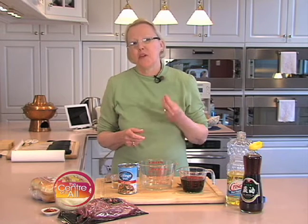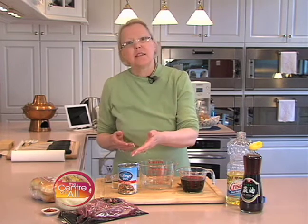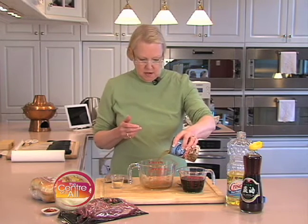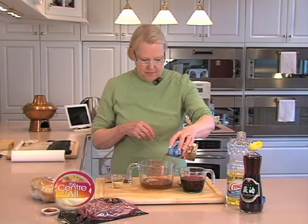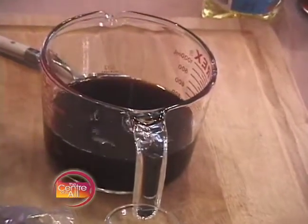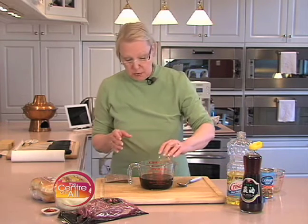Since I'm making steak sliders today, I'm making a beef broth based stock. But if you wanted to switch from beef to chicken, just substitute chicken broth instead of the beef broth. And I'm going to start with 1 cup of store-bought beef broth. And I'm going to add 3/4 of a cup of soy sauce and a 1/4 cup of Worcestershire sauce, a teaspoon of garlic powder and a teaspoon of ground ginger,